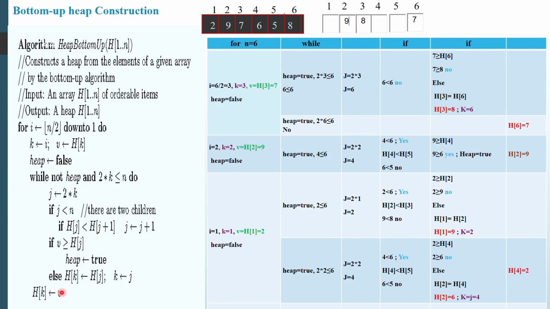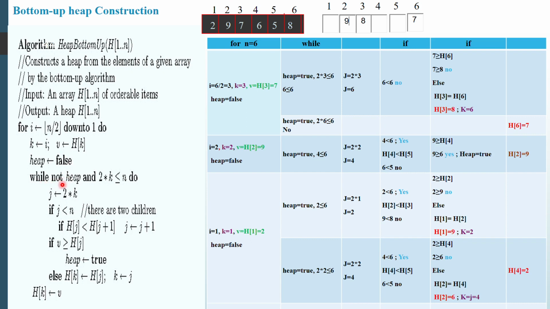So now whenever you execute this statement, you have to go and execute the for loop here, because this is the last statement in your for loop here. Decrement i. So earlier the i value was 2. Now if I decrement, I get the i value as 1, and k equal to 1 and v equal to h of 1. In position 1, the element is 2. So that's why v equal to 2, and the next statement is hip false. Yes, it is false.